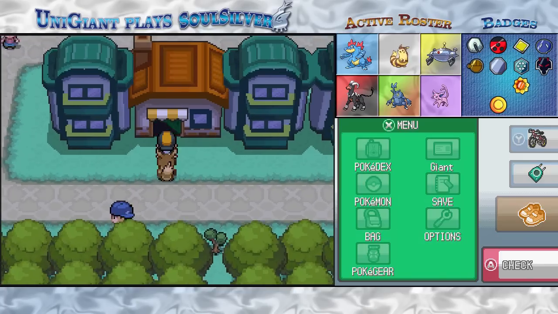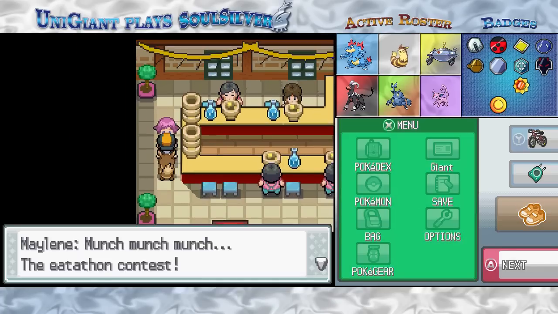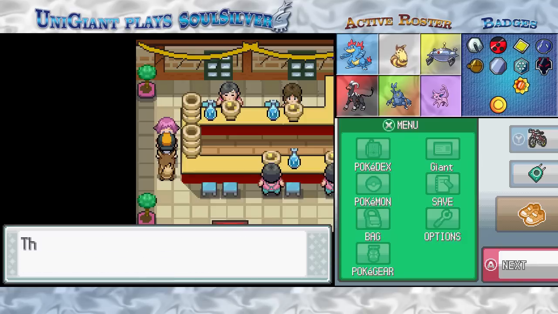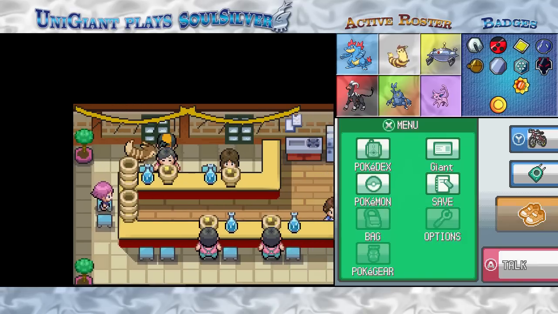Another contestant from the Sinnoh region. Who might that be? Oh, hey, it's Maylene, the fighting-type gym leader from Sinnoh. Interesting that they have these kinds of... I wouldn't call them